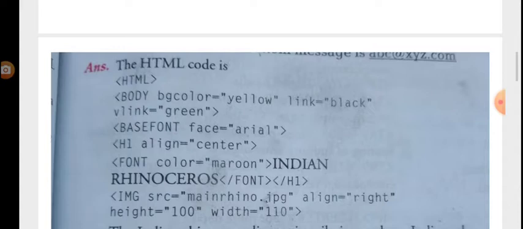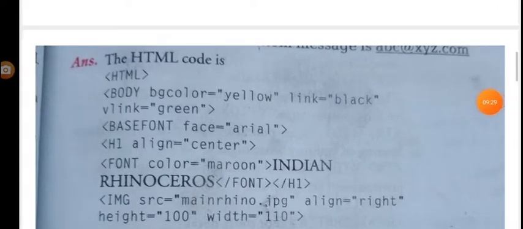You may take any other title if you want, but in this question it is not mentioned that you have to take a title for this web page, so don't take a title. That's why head and title tags are not used. Just after HTML we use the body tag here.